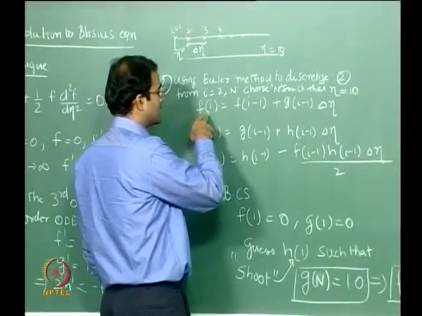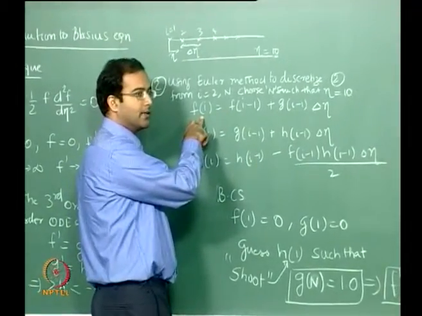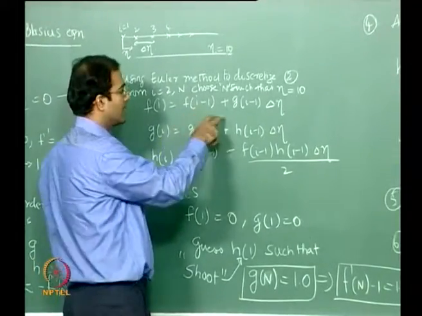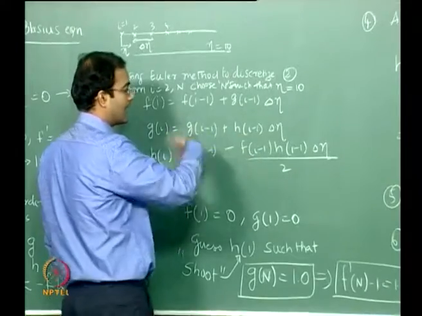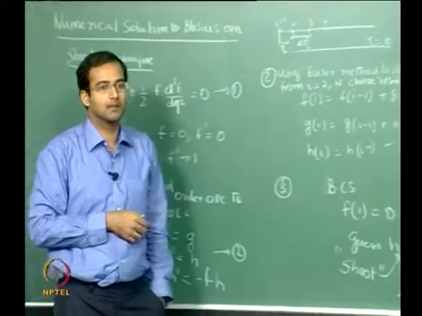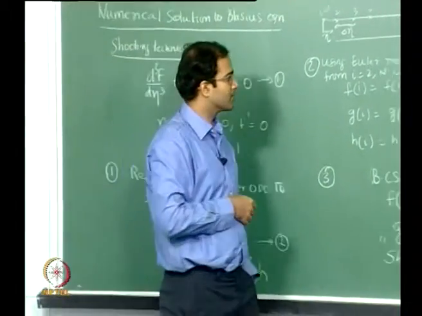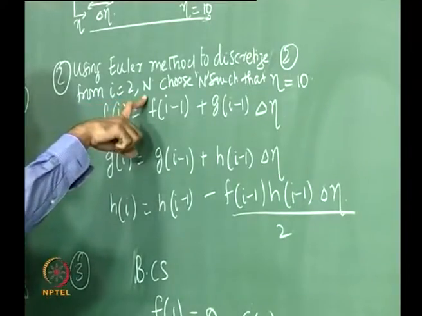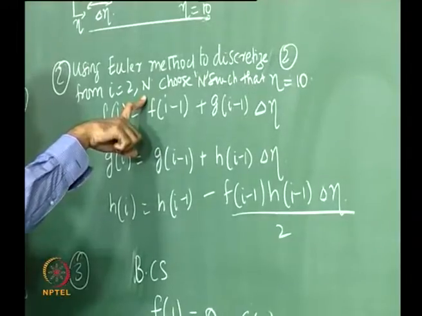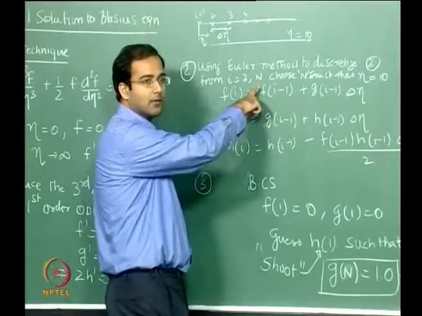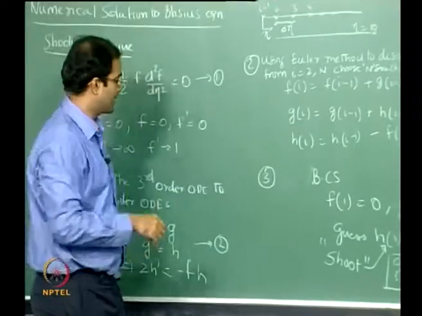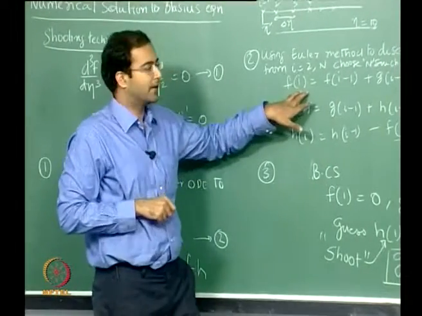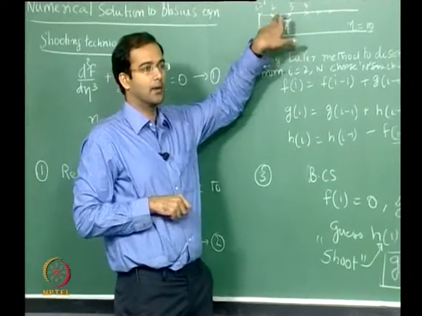Now this is based on the current point, so that depends on the value of the previous point. Plus of course all the things on the right hand side are based on previous points. Therefore you start this loop from 2 to n, where 1 gives you the boundary condition. You know the value at the boundary, right? That is the boundary condition. And you start this marching from i equal to 2, that is from the second point till the last point.